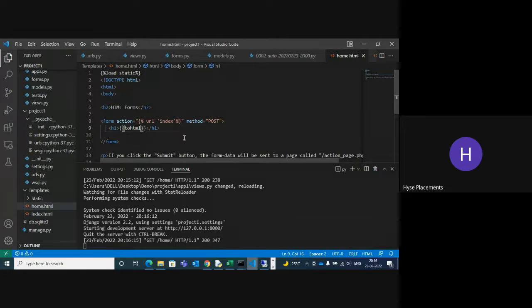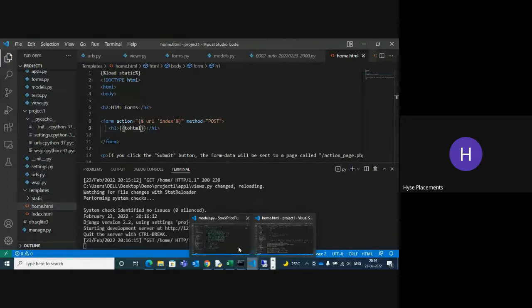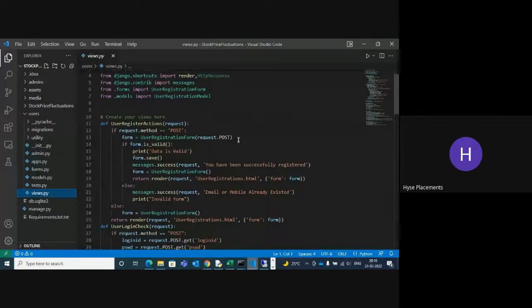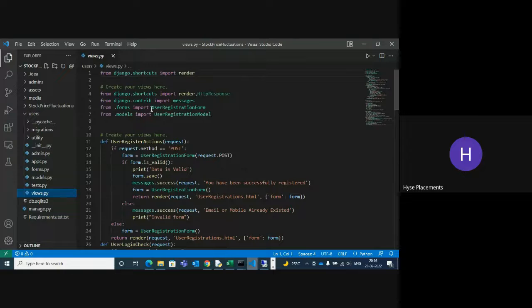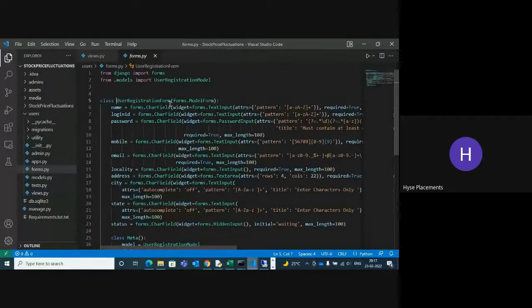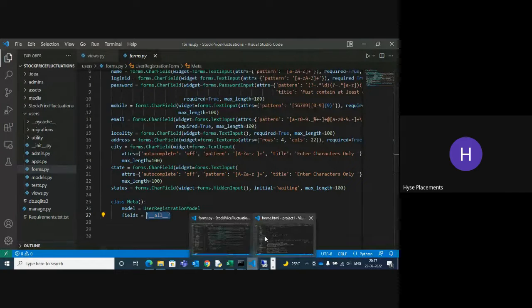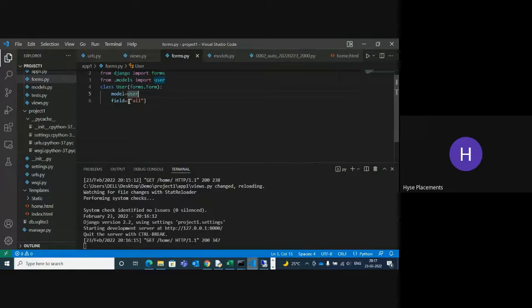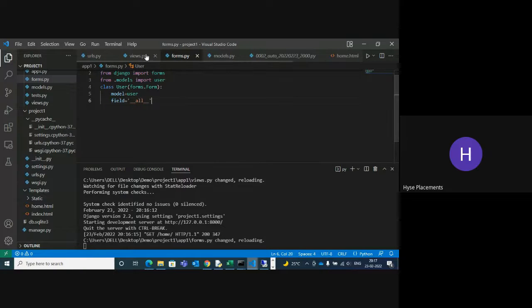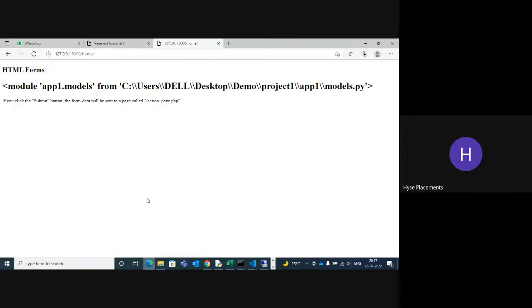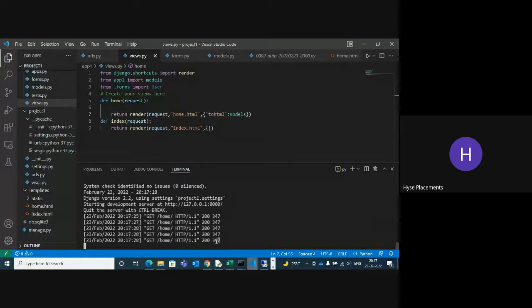What happened? This is my run. In forms, what is this? This error 347, get method.